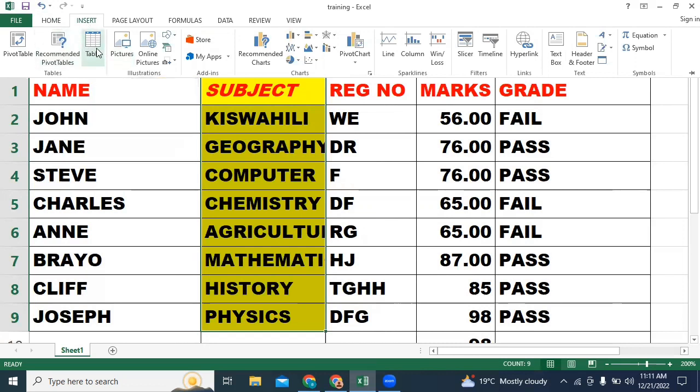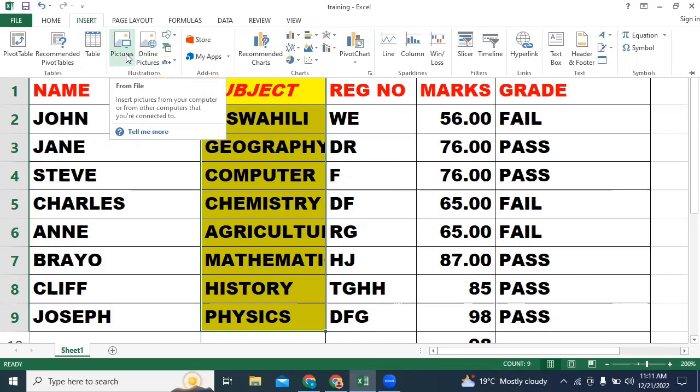These are the various tables that you can decide to insert, but you can also use Control plus T so that you can insert your table. And also you can insert a picture, just like the previous lesson